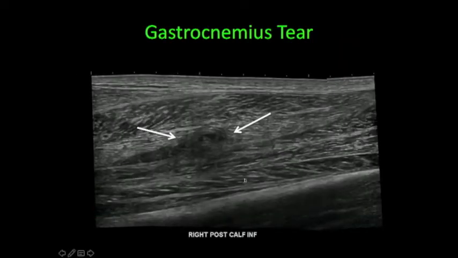So this is the classic appearance. What you're seeing here is mostly hematoma. You get this disorganized appearance, loss of the normal fibular pattern that you expect to see in the rest of the muscle. If you scan carefully, you can sometimes see the free end of the fibers that are torn here, but the history is going to fit this presentation, and also you're going to be able to see that the entire muscle is not involved, so this is not a complete rupture of the muscle,